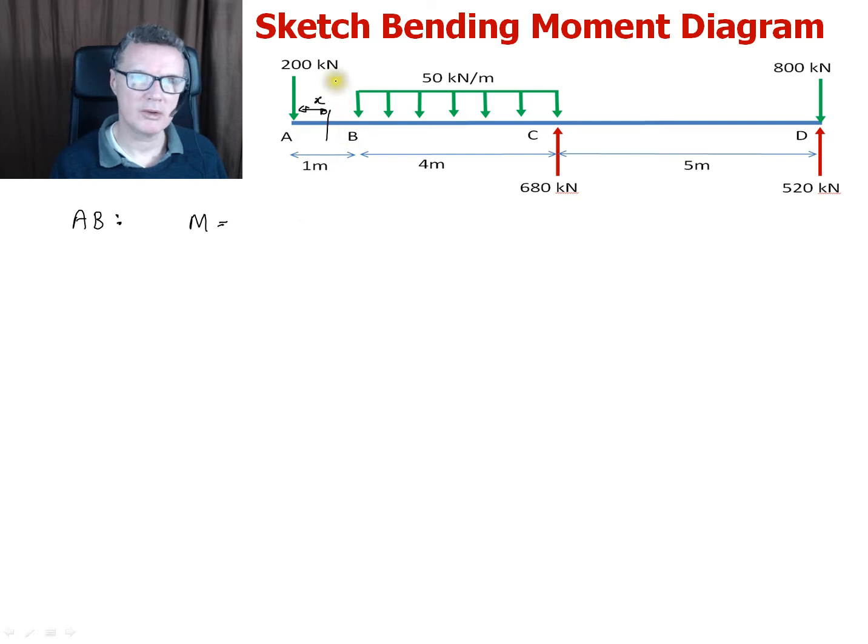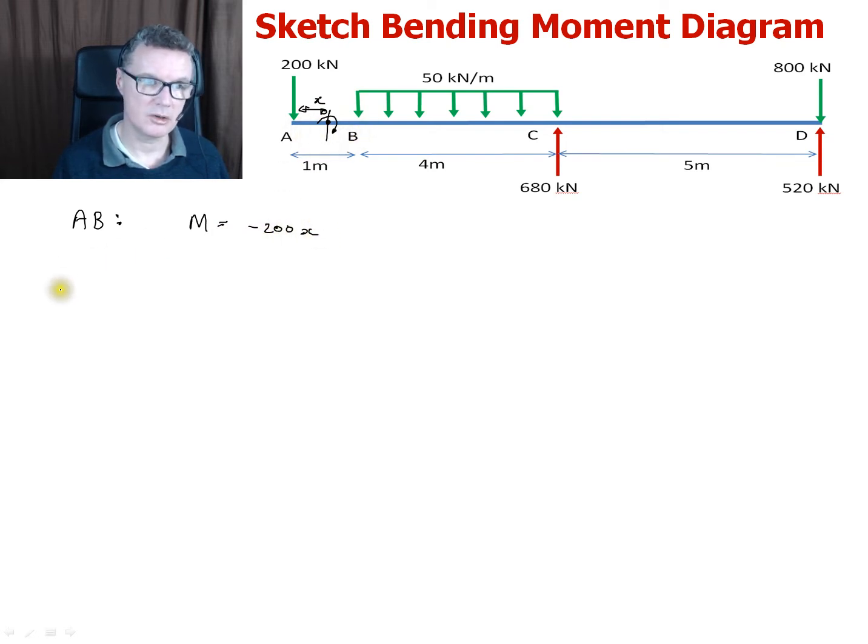So we see left of us there's this 200, and we imagine we've got a pivot, and we're going to sum up moments left of us going in a clockwise sense. So that is coming downwards, so minus 200. And what's this distance? It's x. And so we would want to plot something which follows the rule minus 200 times x